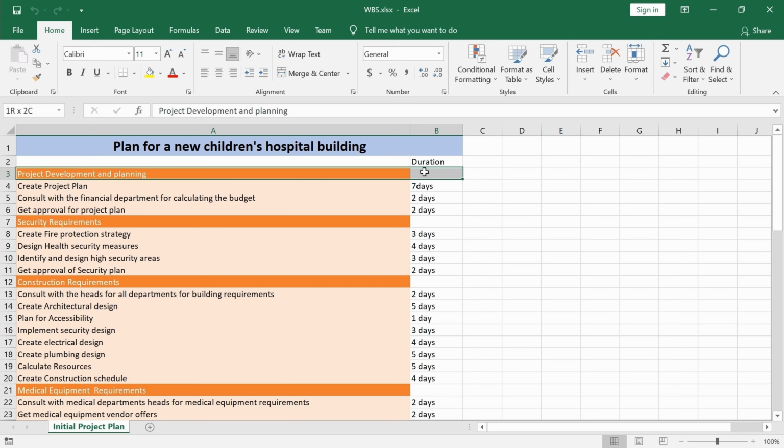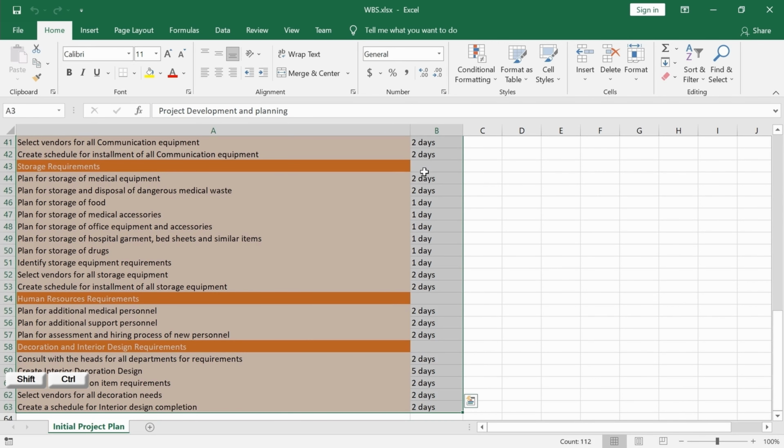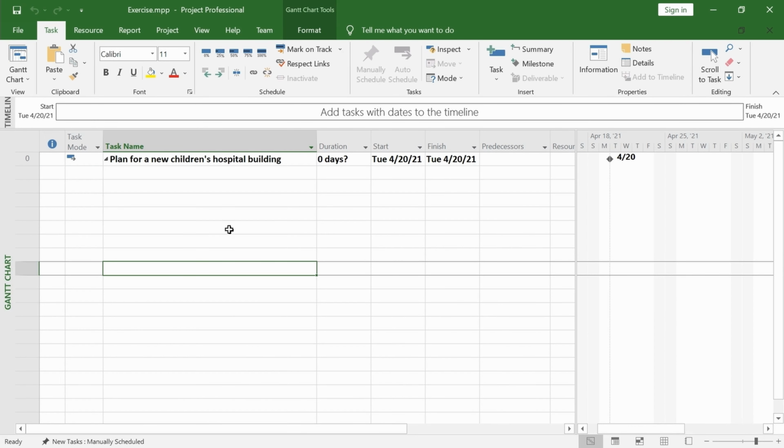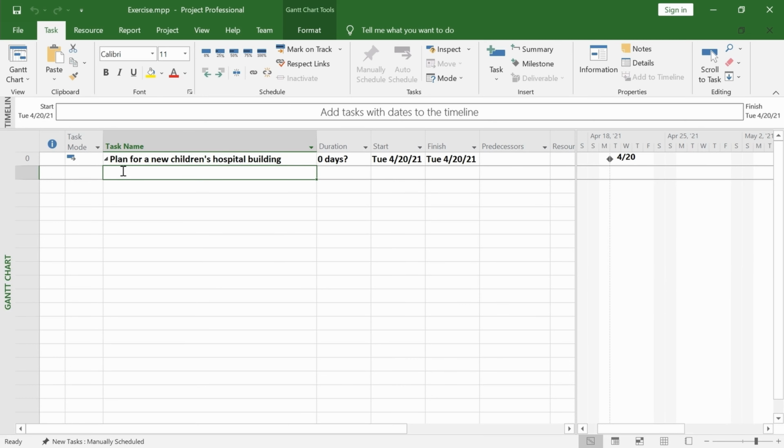Copy all the tasks from the Excel file with their duration. Go to the project file and paste the tasks.